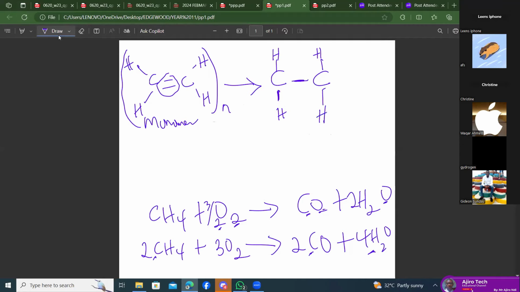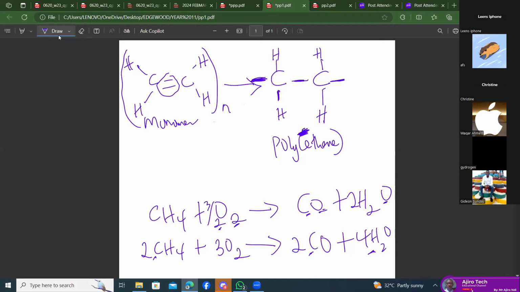After doing that, the next thing, which is very important, is to include the continuation bonds. Do not just draw this. If you draw this, you're wrong, because this is not a polymer. You just drew something incomplete. You have to show that it's a polymer by adding continuation bonds to the left and right, and this is now polyethene, and then you get your full marks. So in addition polymerization, you are forming a single product, and it simply deals with the breaking of the double bond to form single bonds and the adding of the